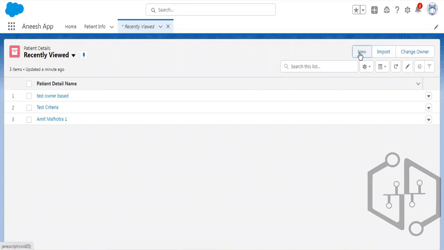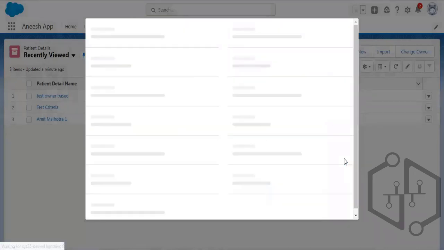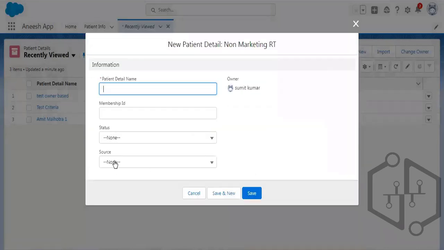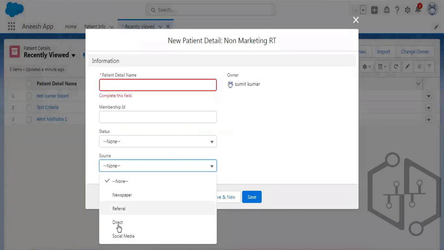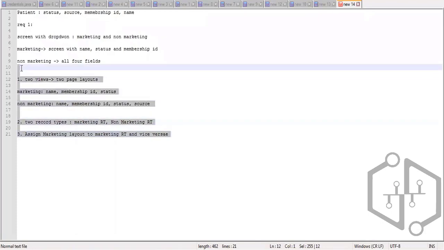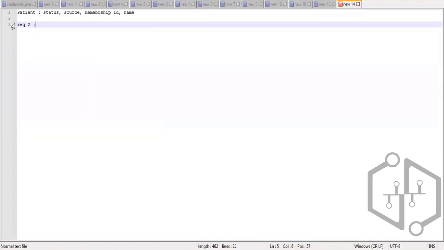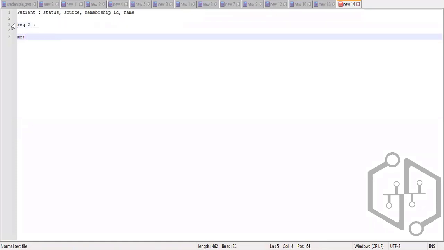So let me show you very quickly. Let me open the non-marketing record type. In the source, I have four options: newspaper, referral, direct, social media, right? So my next requirement is, let's remove this. My next requirement says when I am selecting marketing record type, I should see all four fields,